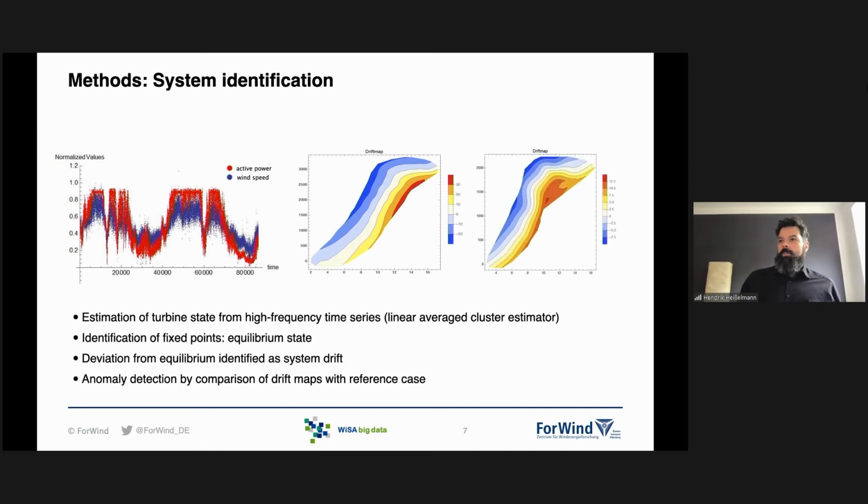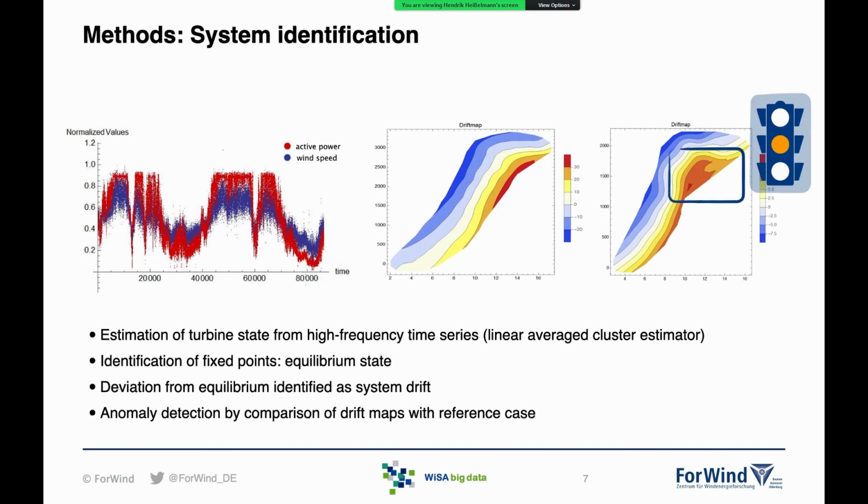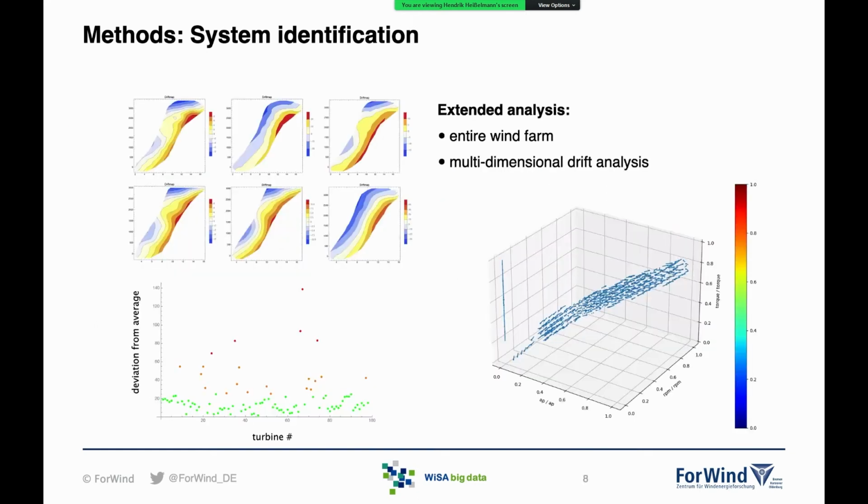And now you can compare, for example, the drift map at a different time and see if there's some issue here. And from this identification, we can then see, okay, there might be a problem. This has to be checked. And depending on who's your audience, you can decide how to visualize that. If it's like a traffic light system, or you just want to give out an alarm, or whatever you want to do. This can be done on a single turbine level,